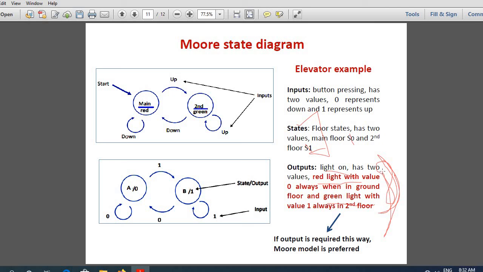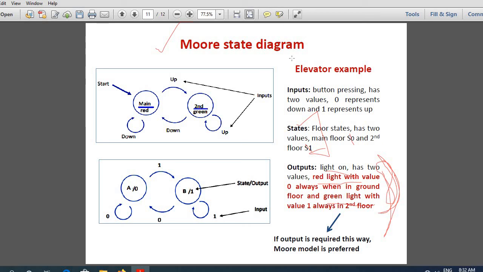Suppose that the elevator had one more floor, third floor. So third floor will be given with another light. So if you need to design such a system, it's always better to go for Moore state diagram. That is, each floor or each state will be associated with a particular output.